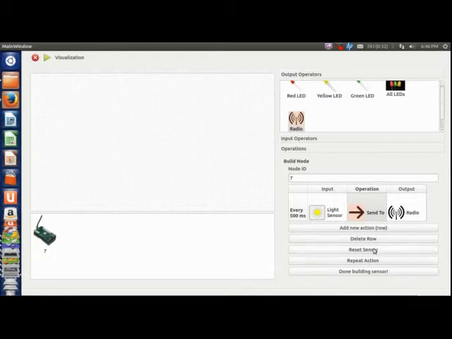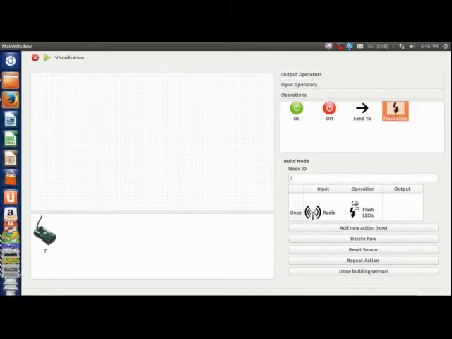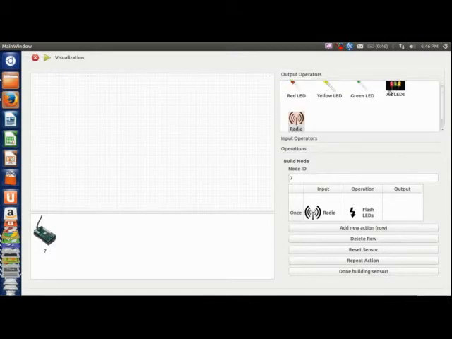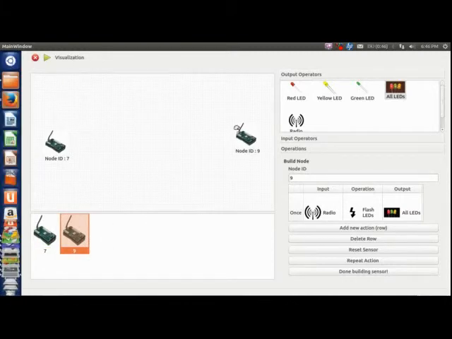I'm going to reset the tool and do the same for the other node, that is get the radio value over the radio, send it to the LEDs, give a node value 9. Done building the sensor. Once I'm done building the sensor, I'm going to drag and drop these two nodes and connect them as I want to. This will generate code in the scripting language that we saw earlier